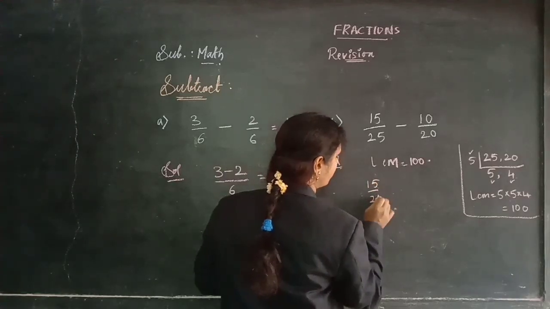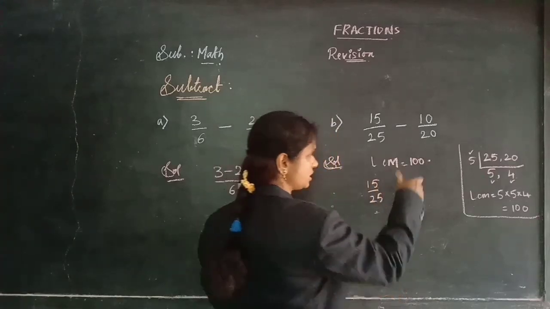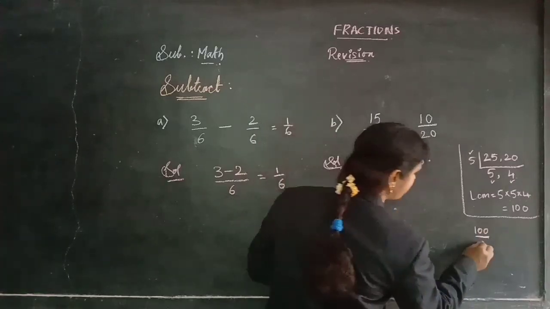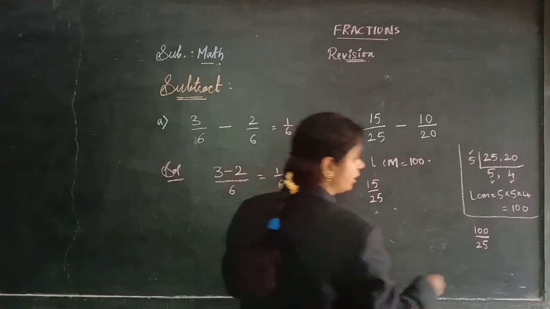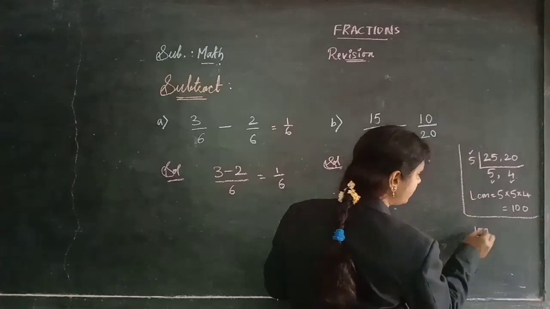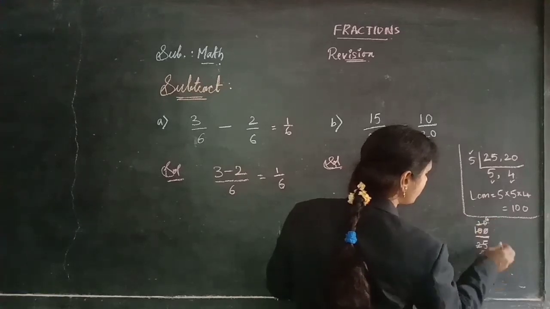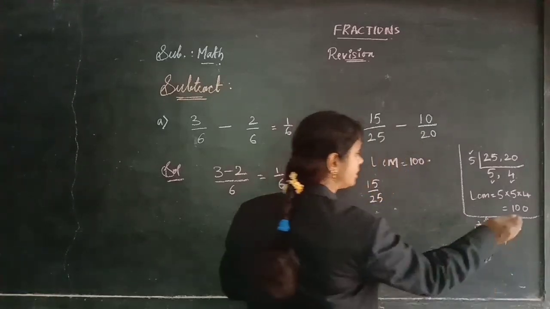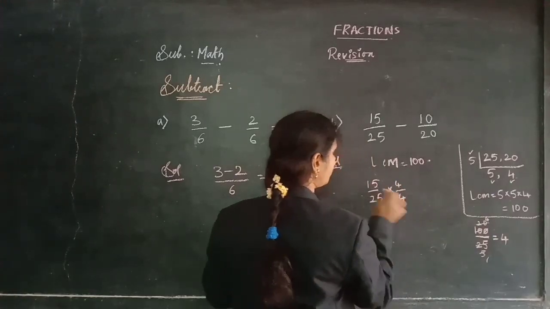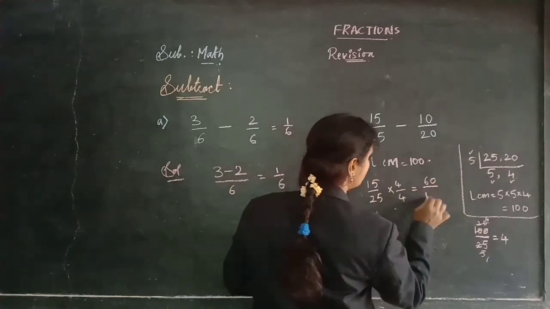Okay. Now bring down the fractions which were given in the question. 15 by 25. Again the same process as you did in addition, the same process here also. The LCM number 100, you divide by the first fraction's denominator, which is 25. In the 5 table, 5 5s are 25, children, 5 2s are 10, 5 0s are 0. Again 5 1s are 5, 5 4s are 20. So 4 by 1, nothing but we got the answer 4. With this 4 we need to multiply the numerator and denominator of the first fraction. Now 15 4s are 60 and 25 4s are 100.